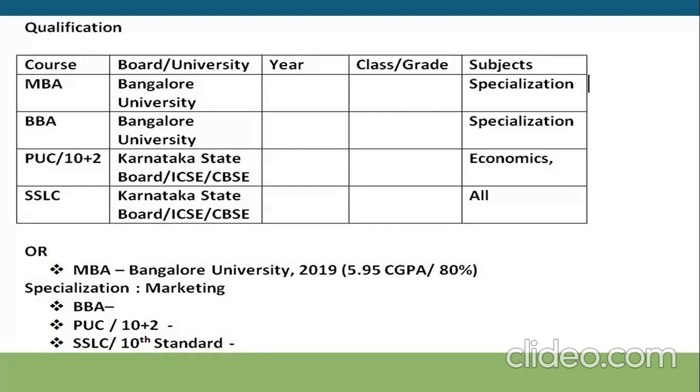Now, qualification can be mentioned in different ways. You can mention the tabular format. You can mention the key form in the keywords. So very precisely, you need to mention the qualification. So always mention the recent qualification very first. Then